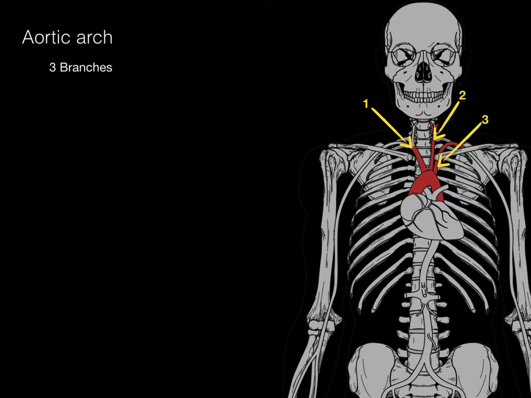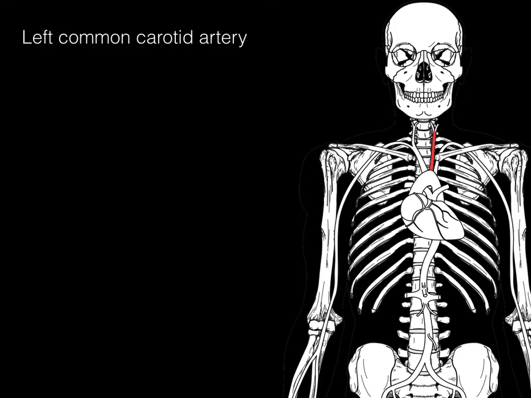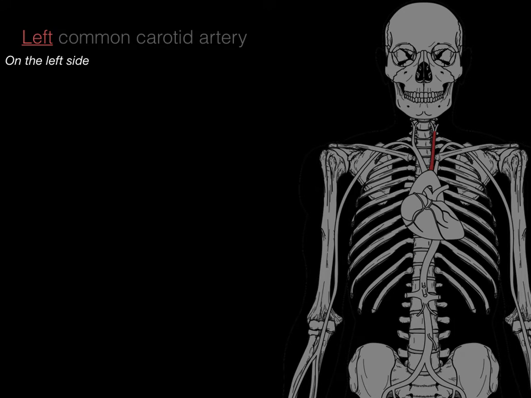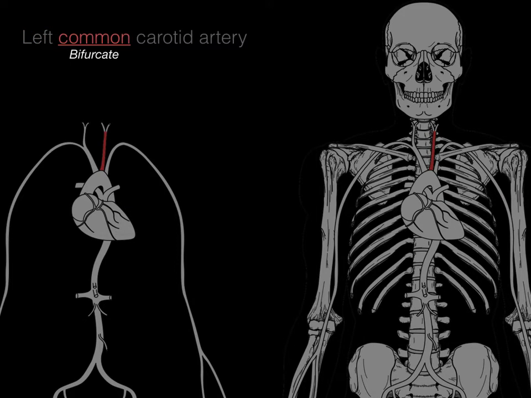Now let's talk about the second branch, which is called the left common carotid artery. And it's called left because it's on the left side. If it's on the left side, you know there's got to be one on the right. It's common, in which whenever you see the word common, it means it bifurcates into internal and external